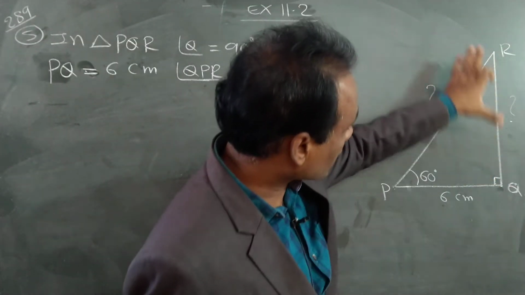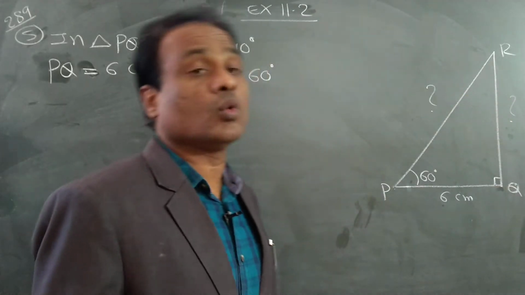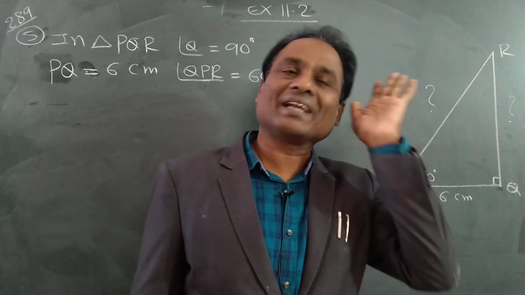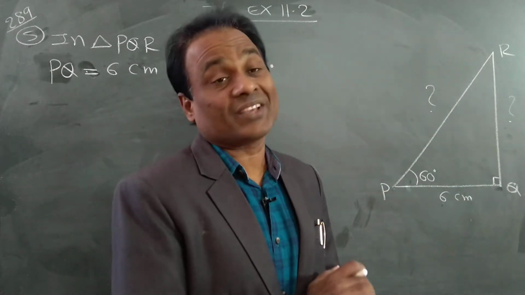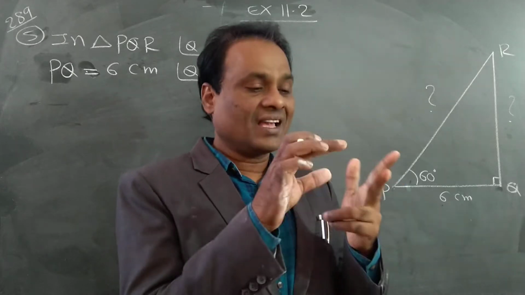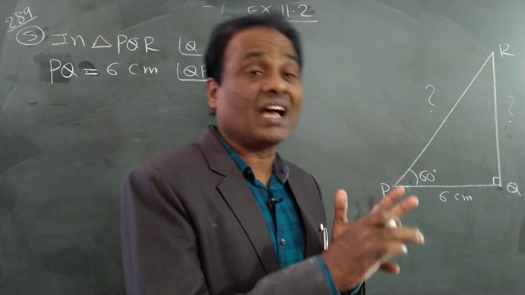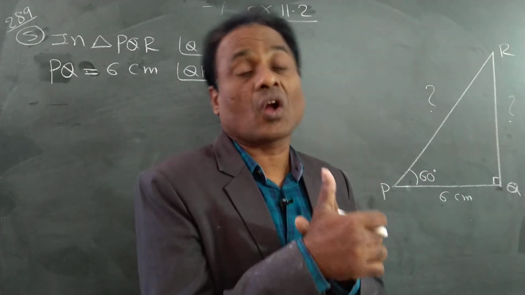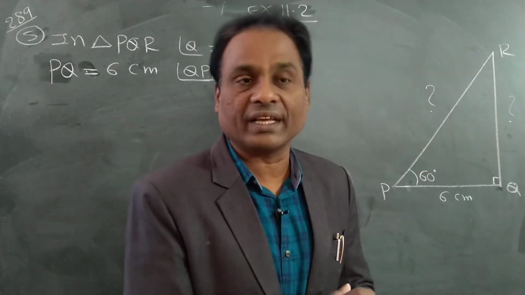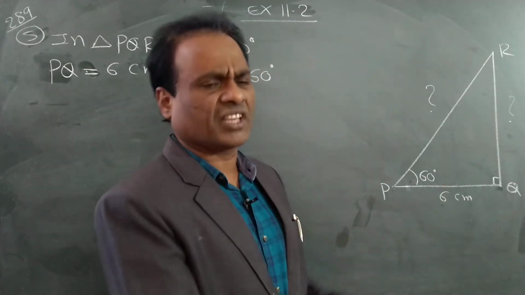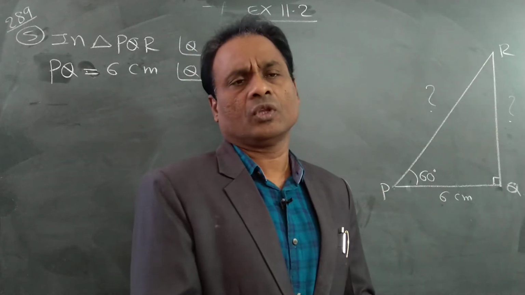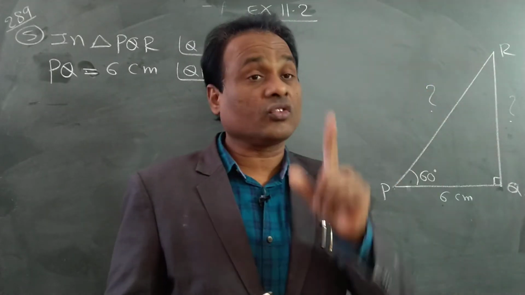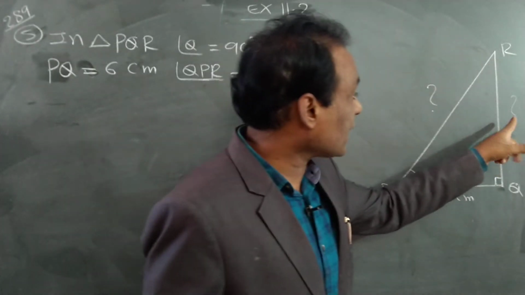How to find this QR? With the help of trigonometric ratios. How many trigonometric ratios we studied? Sin theta, cos theta, tan theta, cosecant theta, secant theta and cotangent, cot theta. 6 trigonometric ratios we studied, and in first exercise, second exercise also we are using it. So now tell me the ratio, in those 6 ratios, which consists of this and